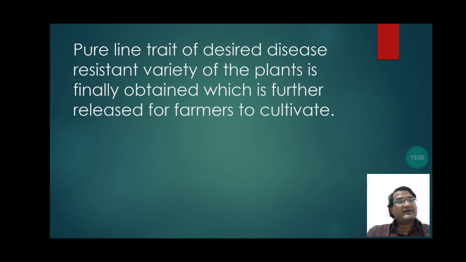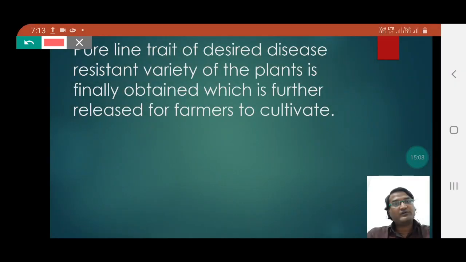Students, pure line, as I have already explained, pure line ensures that the characteristic is extremely improved, and such kind of extremely improved variety of the plant having improved disease resistance will be finally released for the farmers